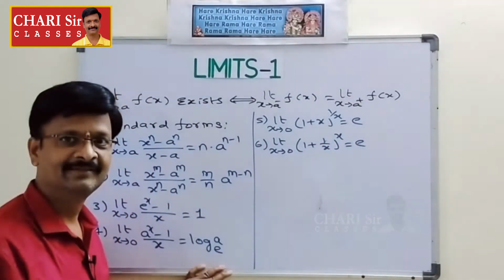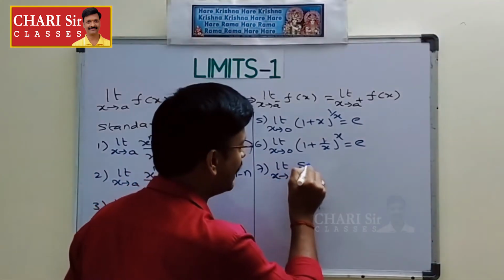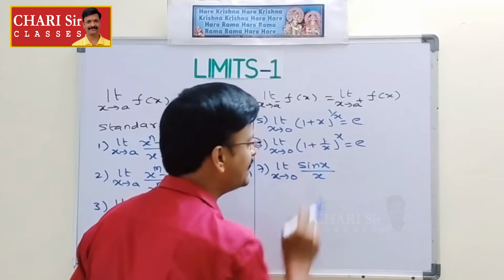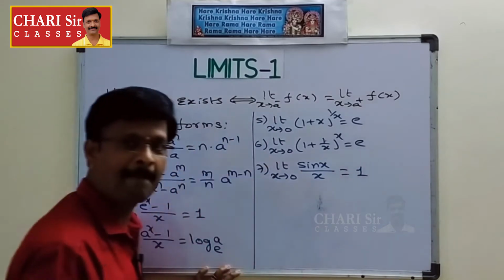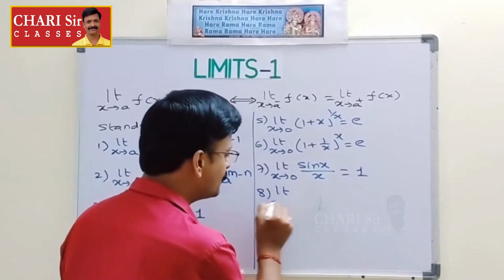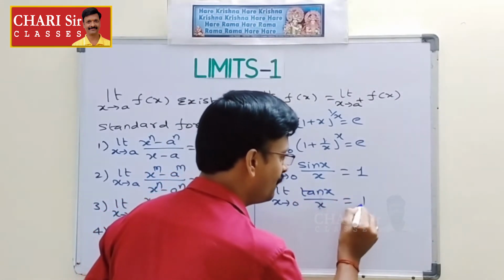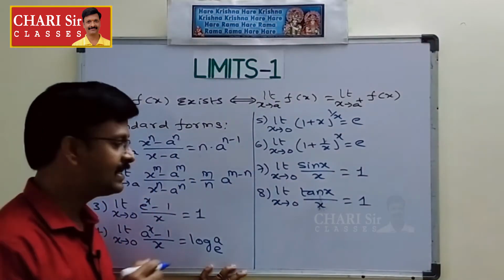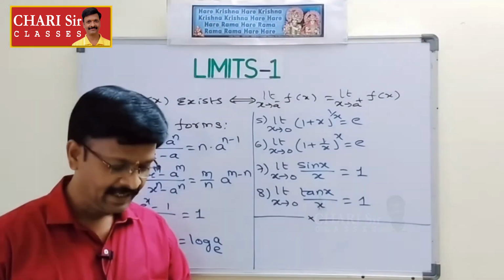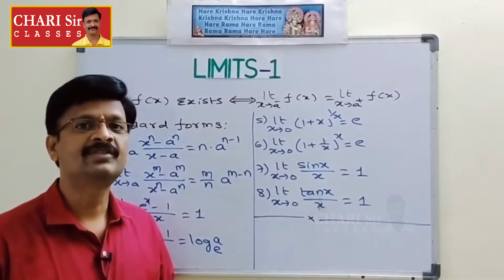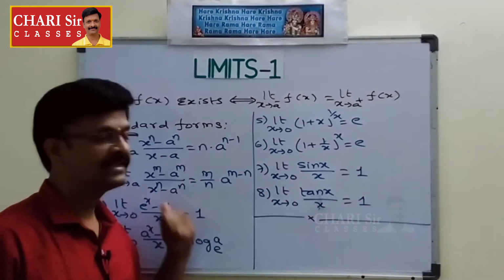Now we can consider some trigonometric functions also, that is limit x tends to 0 sin x by x. Here x is the angle in radians and limit x tends to 0 sin x by x is equal to 1. Similarly, limit x tends to 0 tan x by x is also equal to 1. So these are the standard limits frequently we use to solve the questions which are given in our examinations. Now we also see some important questions in this limits topic by using these standard limits.